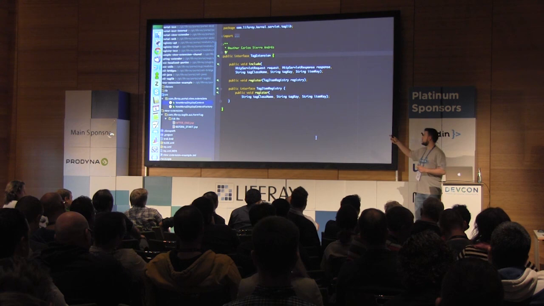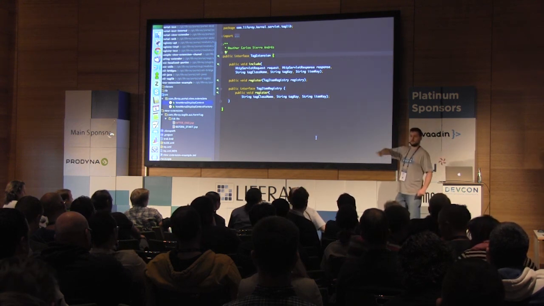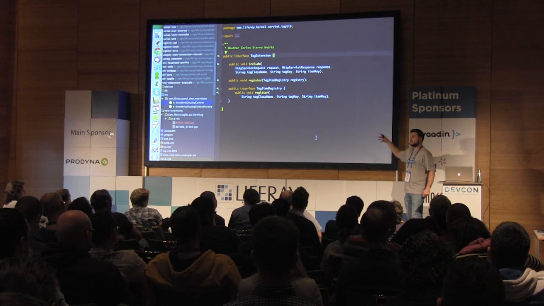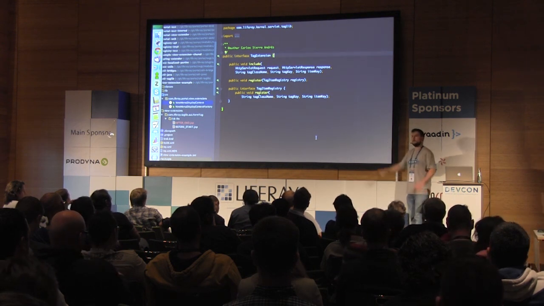And one of the benefits of this is that you can actually use the services that are available in the portal, and even the services that you are using in your own bundles, because this is in OSGi, so everything is working